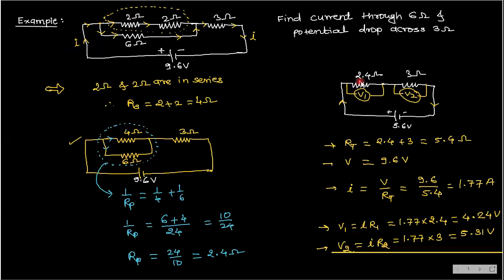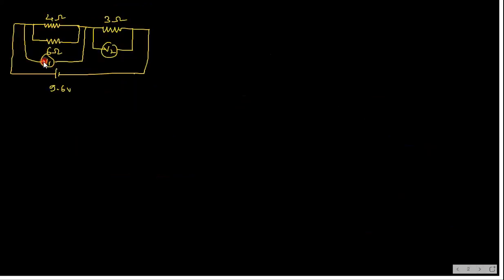And across this branch, across this 2.4 ohm resistance, we got V1. The same potential drop we will get across this, no? Because this is only the resultant. Yes, no? That's why whatever this V1 is, I will get across this. And that's why I don't want this power supply, because I am having V1 now. And I am having V1, right?